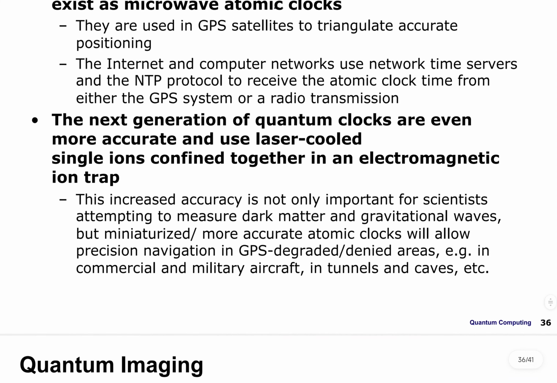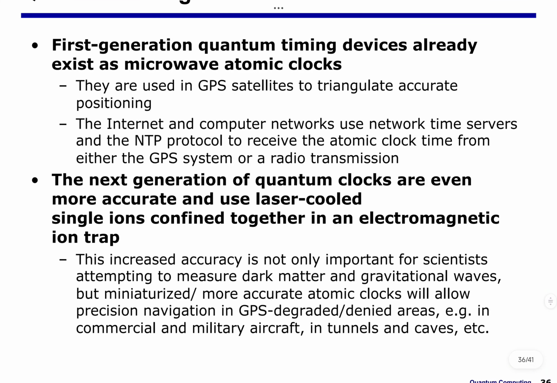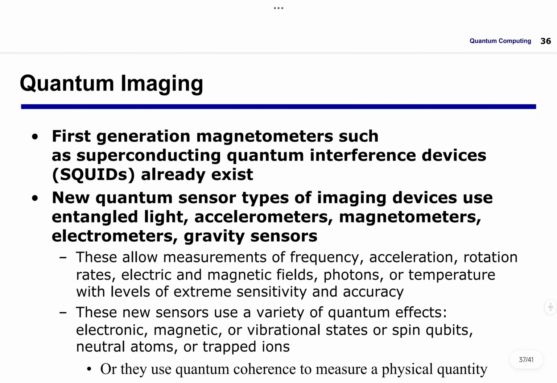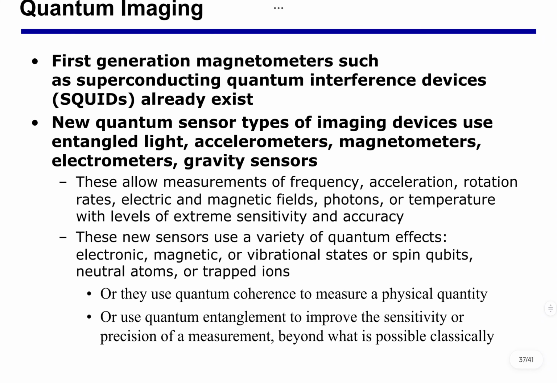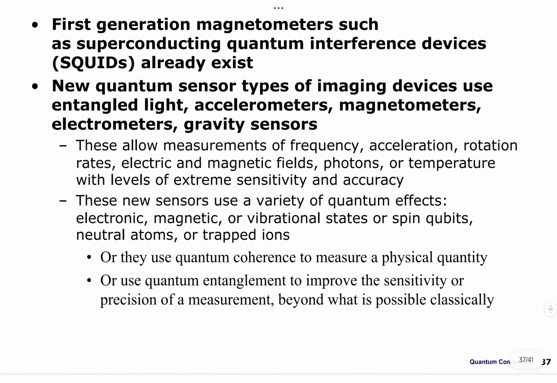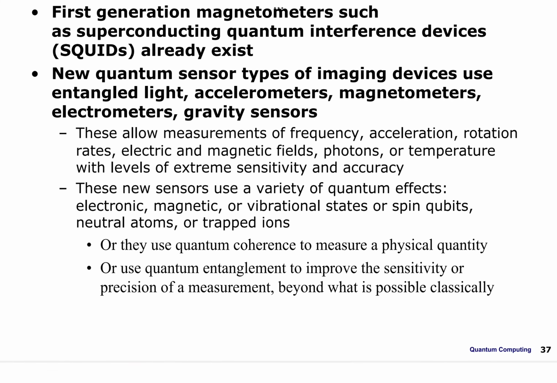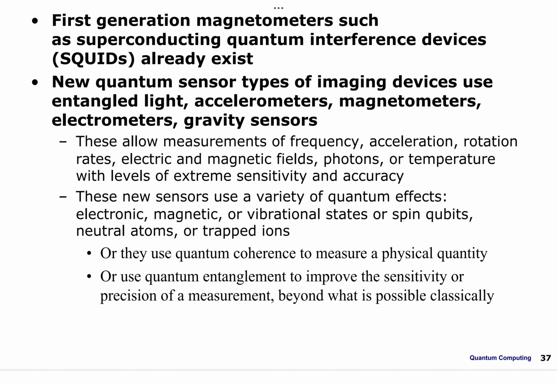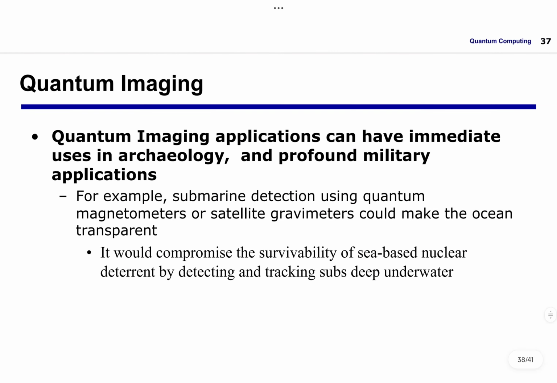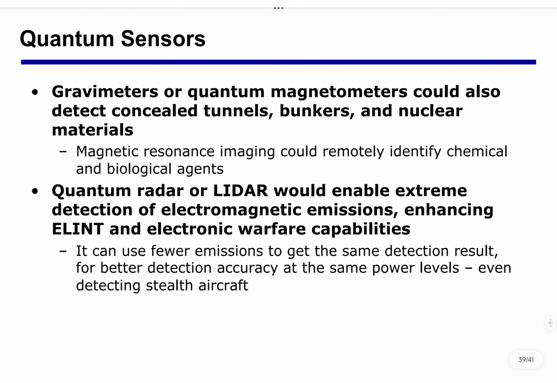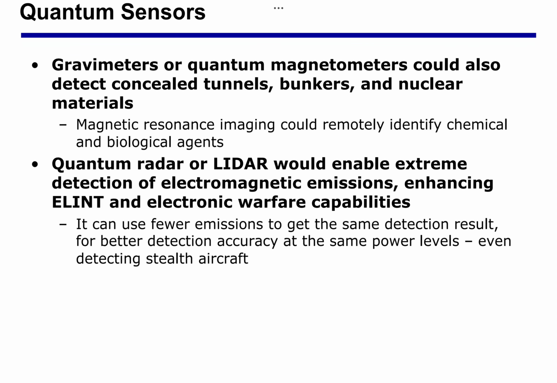quantum time, and next generation clocks, and I think there are some satellite GPS and so on, quantum imaging, and first generation magnetometers such as superconducting quantum interference devices and some new sensors. I think it's a little bit tricky. Gravimeters, quantum radar, and later in extreme detection because we can